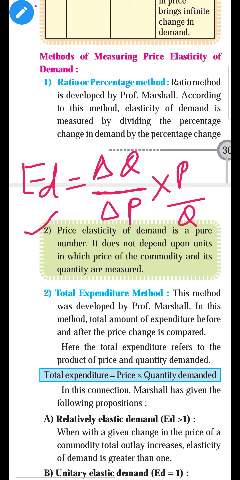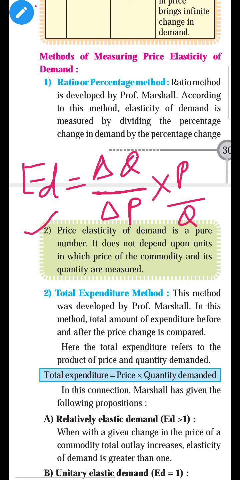And how much change in price brings how much change in demand? Suppose earlier demand was 10 kg, now it is 5 kg, so it is almost 50% fall in demand. Why? Because there is an increase in price from 10 rupees to 15 rupees. As price increases, demand decreases, so the law of demand is also valid here.